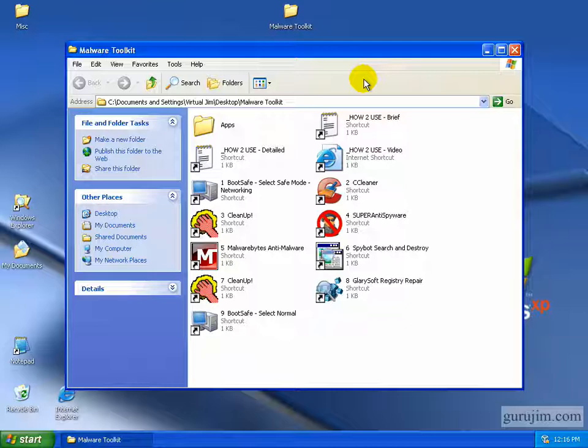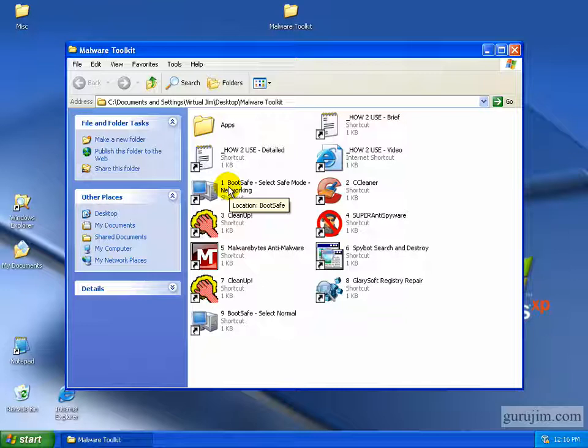But I'm just going to run through here and show you how I remove malware from a system. I start off with number one, and let's go ahead and boot into safe mode. Safe mode's best, if you're able to get into it. It allows you to remove programs and malware that might have installed and blocks any efforts at removing it